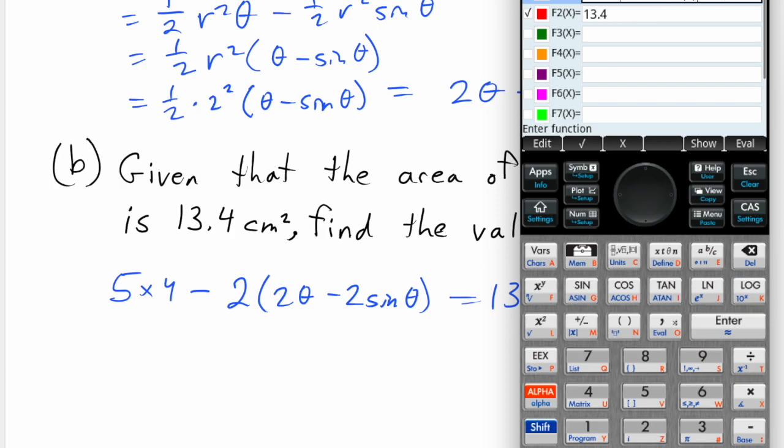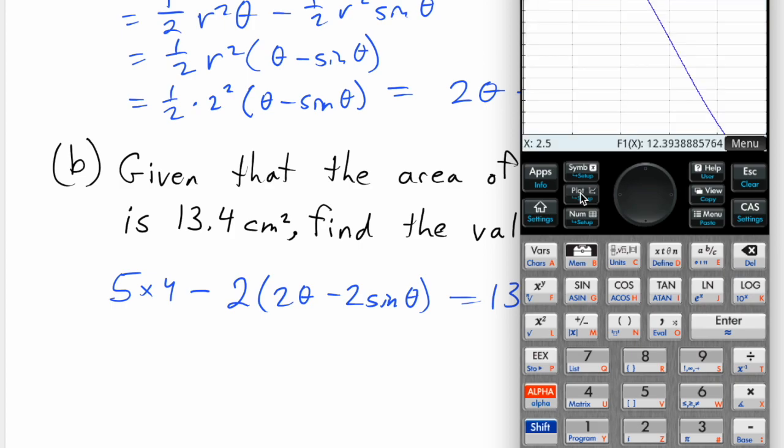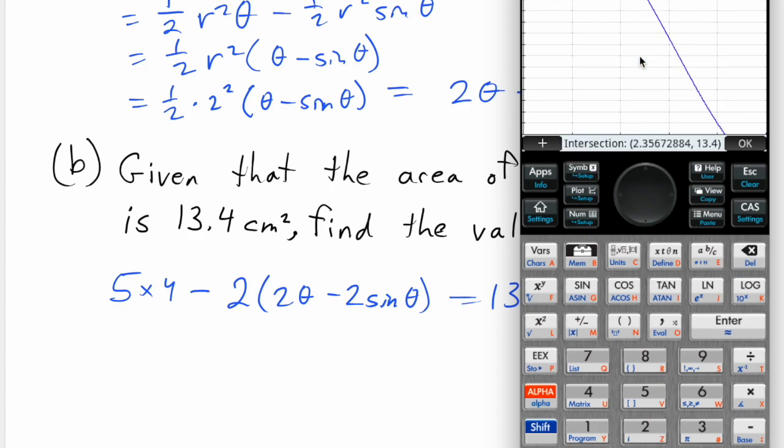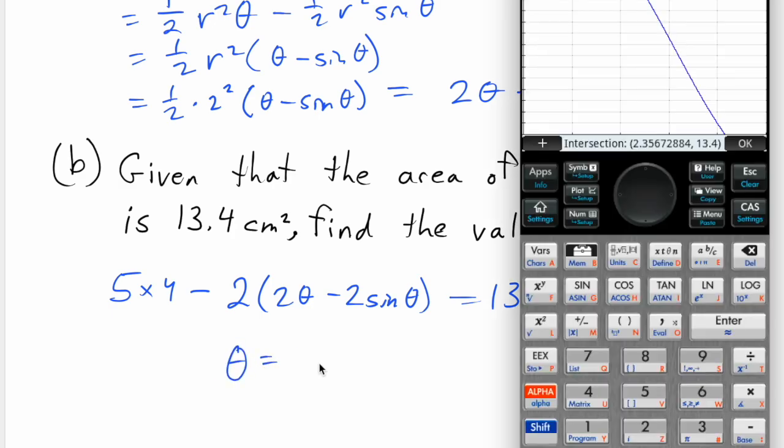Make sure we're in radian mode, and if we want to manually adjust the window, we go to shift plot. Make sure your y value goes to above 13.4, so it's 15, and this is an angle in radians, so you don't need to go too high for the angle in radians. I did 0 to 5. Click plot. We can see a point of intersection, so that's going to be our answer there. Go to menu, function, intersection, and we get 2.36. Okay. From that we get theta equals